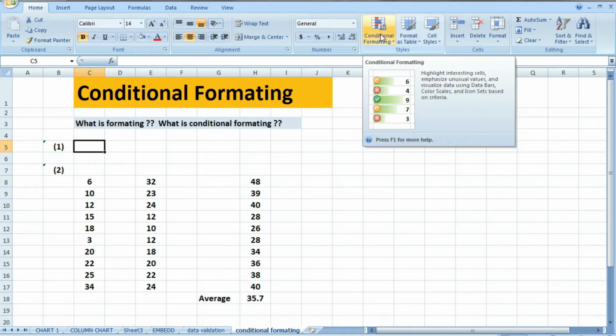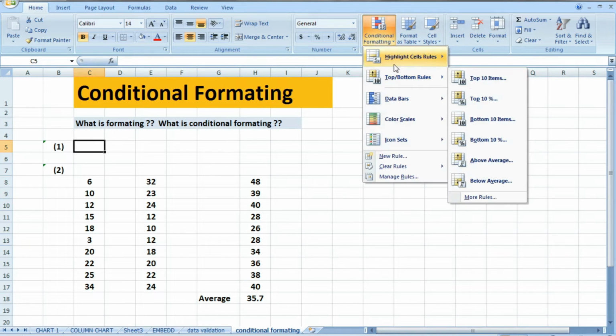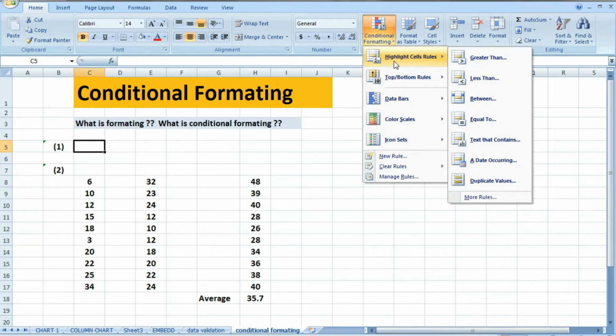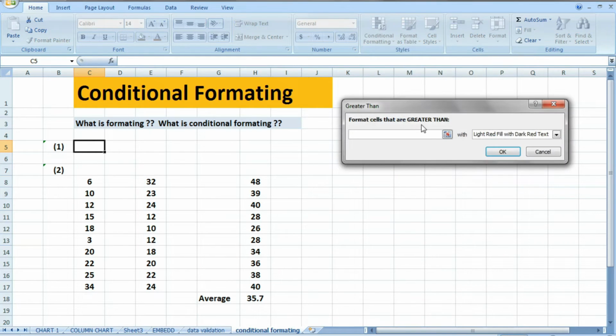For that, you have to go to conditional formatting. Now, in this cell, see, there are conditions given. Suppose you select this condition that your cell will highlight if the value is greater than 12, then it will highlight like red fill with dark red text.